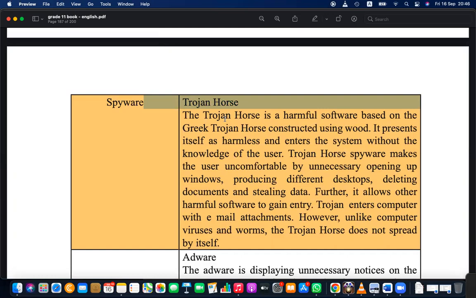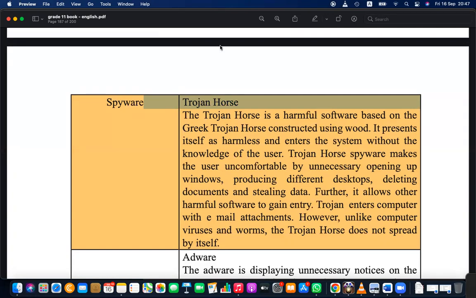Spyware is basically trying to collect sensitive information, maybe bank details, passwords, usernames. It is trying to spy on us. But the Trojan horse here is something else.